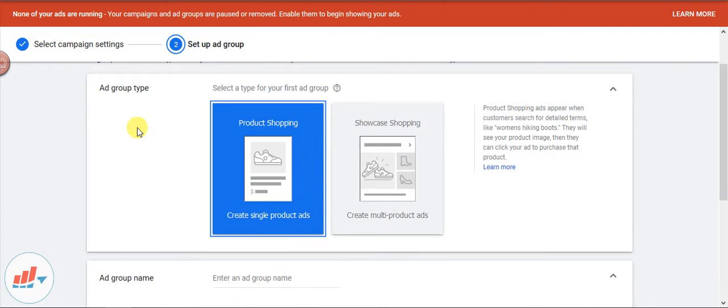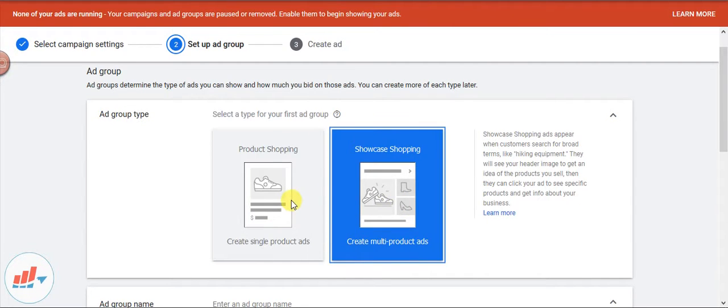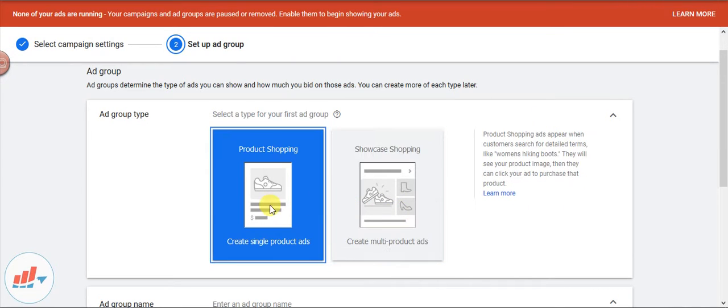Now it's showing us that we need to select an ad group type. There are currently two types of ad groups here, and if we select each of these, you can see the difference. When people are making specific searches, for example, if a person is looking for women's hiking boots, you want to show them a specific boot. For that, this single product ad is good.